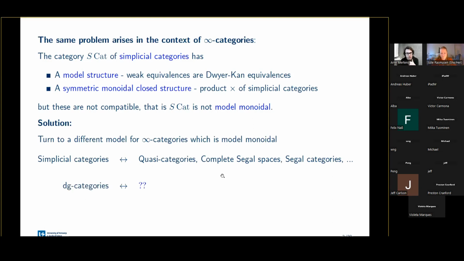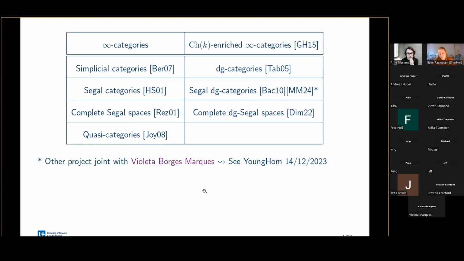And so a very natural question will then be, okay, suppose I instead start with DG categories, can I then find a different model, possibly very analogous to the ones which already exist in the classical case, which is model monoidal, which then is an appropriate replacement for DG categories? And